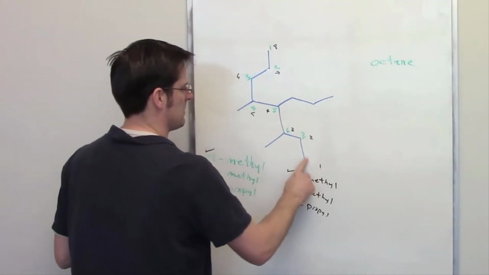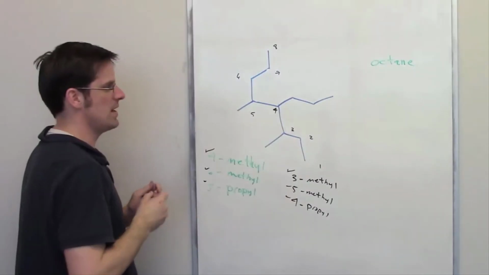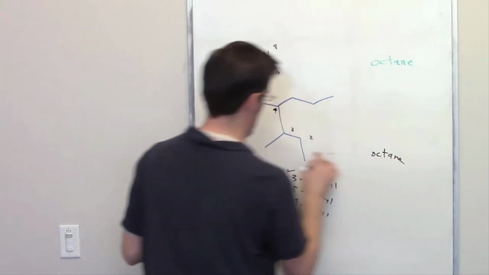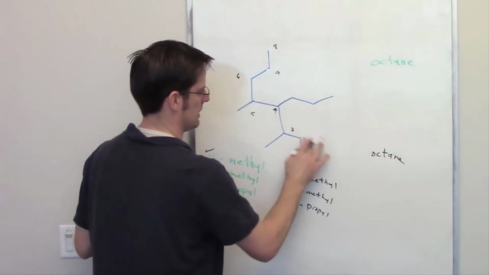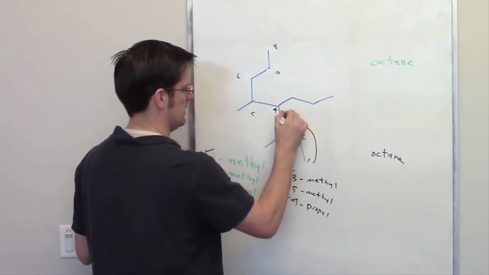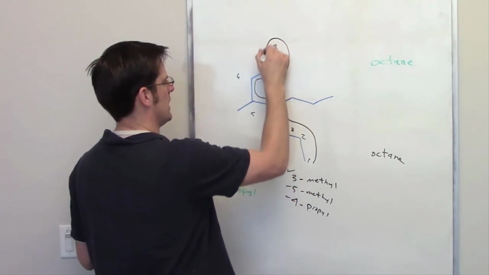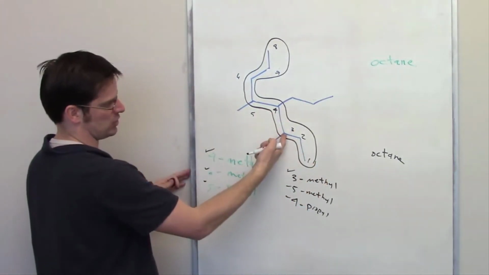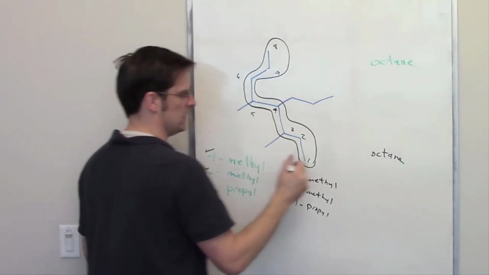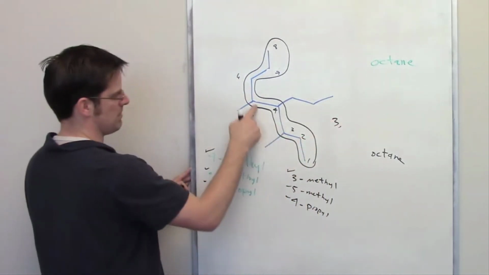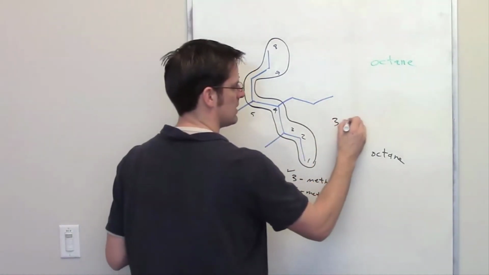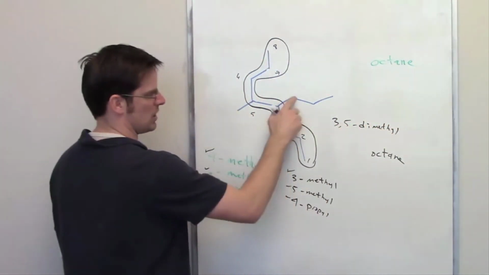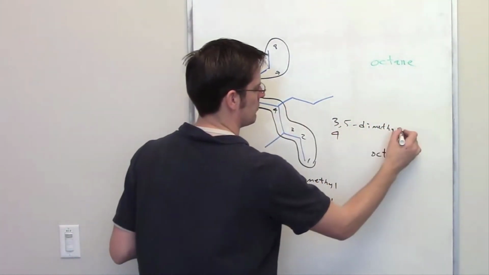So I'll go ahead and cross off my green numbers here. And then I'll lay down my name. So the parent name is octane. Coming off of this, I'll go ahead and circle my parent chain here. My parent chain is this 8 carbon long thingy here. You'll notice that coming off of its carbon 3, there is a methyl. So I've got 3, and I have another methyl coming off of carbon 5. So write down 3,5-dimethyl. And then coming off of carbon 4, I've got a propyl. So I'll write down